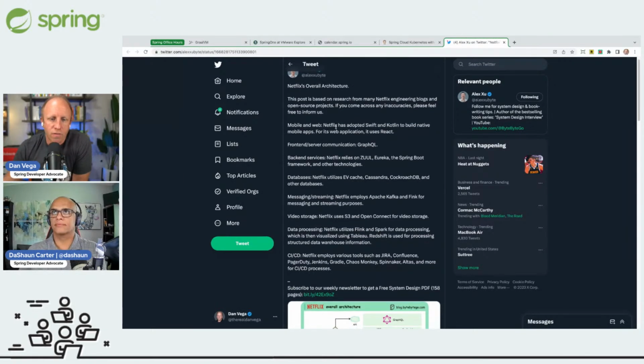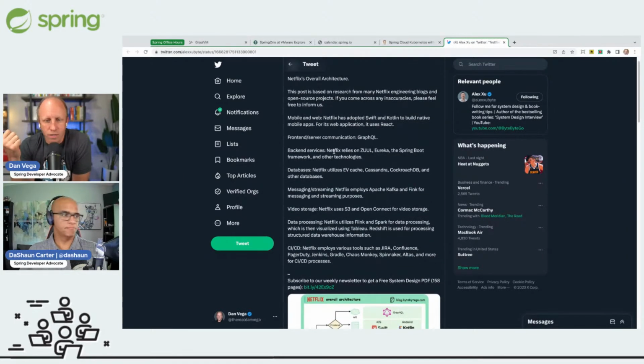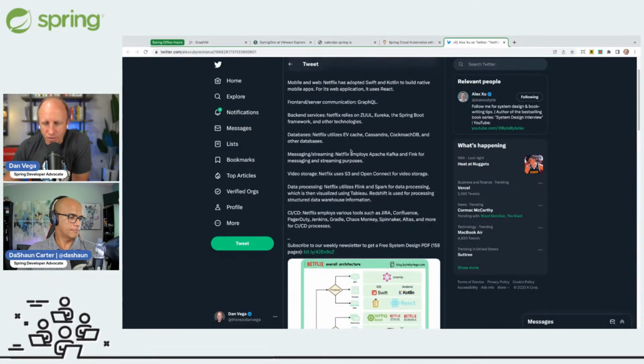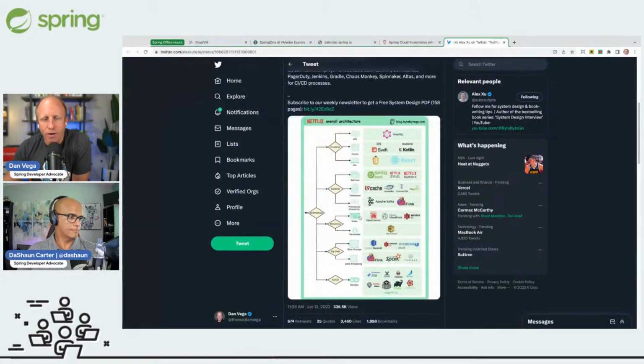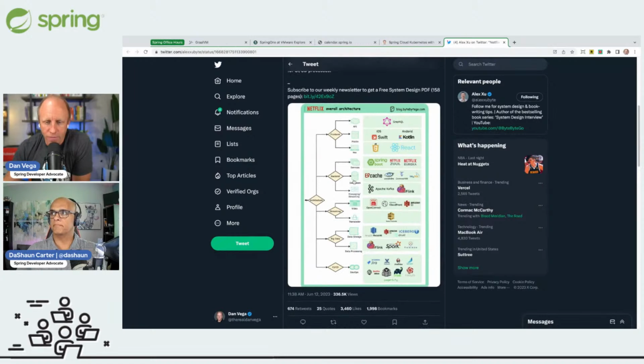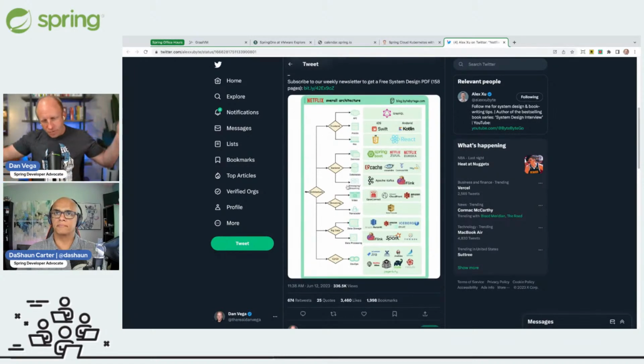Some highlights for me: on the front end, communication-wise, they're using a lot of GraphQL, a whole bunch of federated GraphQL APIs. They rely heavily on Zuul, Eureka, Spring Boot, Spring Framework, and others. And there's a really good diagram here of the overall architecture of Netflix. If you ever wondered what something as massive as Netflix looks like architecturally,